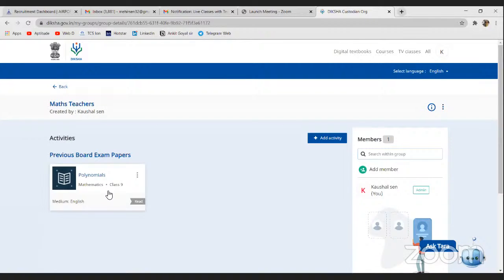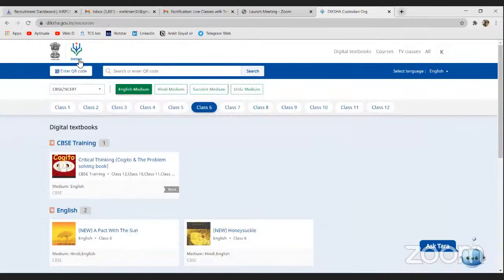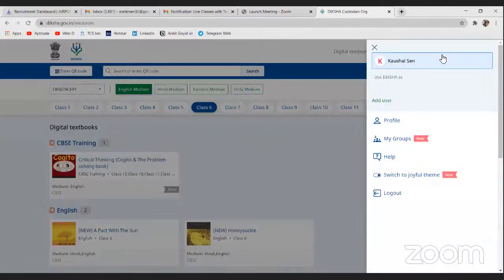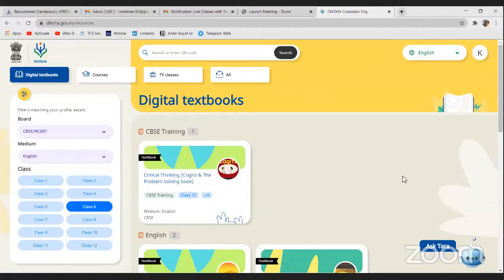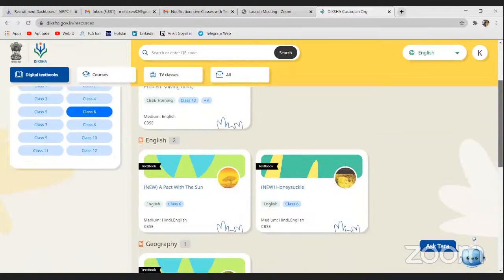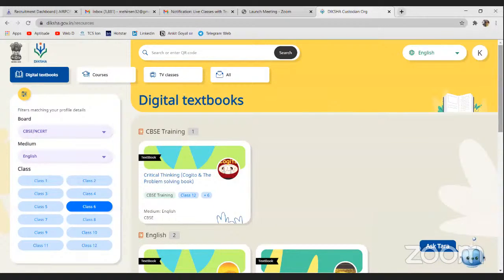Okay, so we saw about courses and groups part. Now, one more thing that we would like to share with you is a new theme of Diksha. How we can access the new theme? हम अपने प्रोफाइल पे जाएंगे, और जैसे ही मैं अपने प्रोफाइल पे आता हूँ, मेरे पास यहाँ पे एक ऑप्शन आता है स्विच टू जॉयफुल थीम। तो मैं जैसे ही इसको क्लिक करता हूँ जॉयफुल थीम पे, एंड यू विल सी इसका जो थीम है वो एक ब्राइट येलो कलर के साथ एंड ब्यूटीफुल फ्लावर्स के साथ निकल के आता है। सो इट्स अ वेरी ब्यूटीफुल थीम।